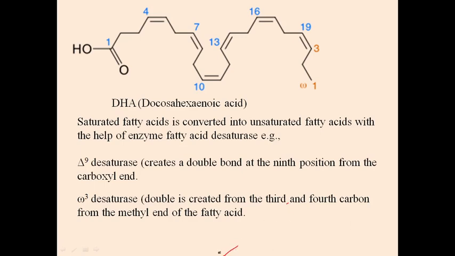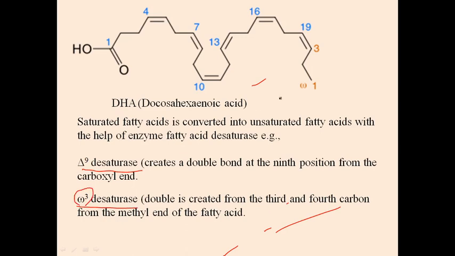One more important thing I have to tell you here is that during the production of fatty acid, first a saturated fatty acid is produced, and the saturated fatty acid undergoes dehydrogenation. The dehydrogenation can be carried out by these enzymes. You have seen delta 9 desaturase. Another enzyme's name is omega 3 desaturase. The desaturase name is either omega or delta.